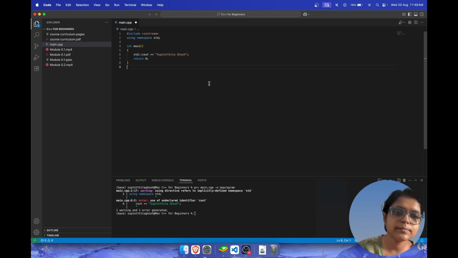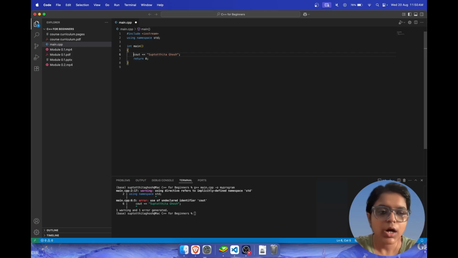The compiler would still recognize cout, but it would not give you the exact result since namespace std was not included. So here we are including std, which is why you can just write cout and cin when you need to, without the std and the double colon part.